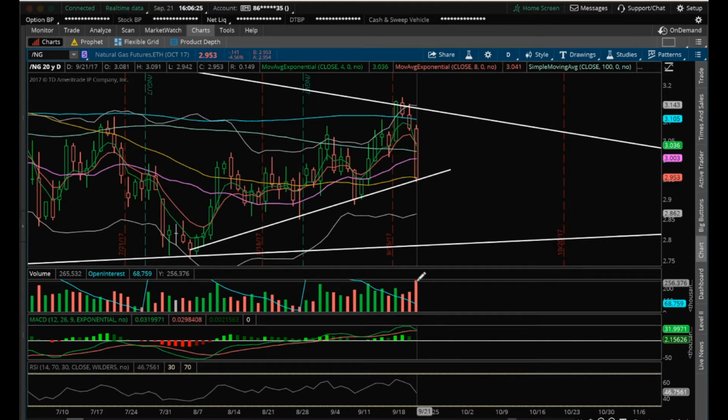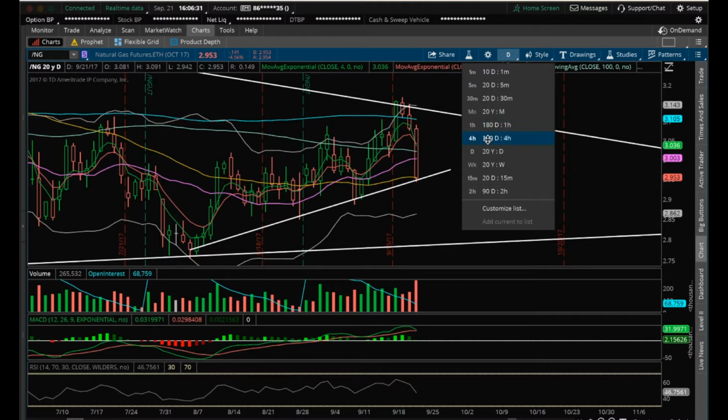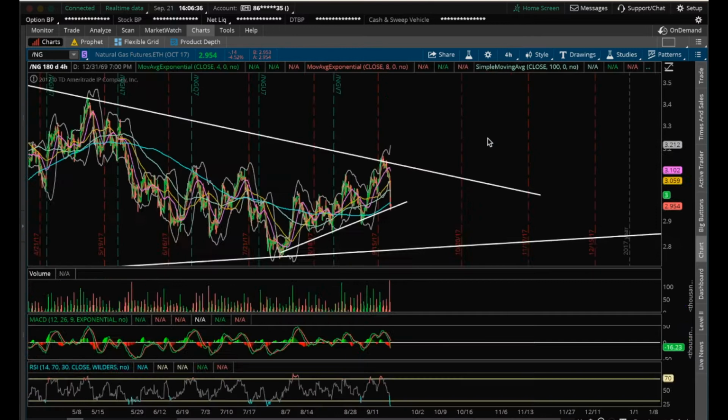And what we mean by that is whenever there's a volume spike, it can sometimes signal a trend change, that the bottom or the top is in. And what we're looking at here, and the reason why we're taking a position off this daily uptrend line, is because of the 4-hour chart. If you look at the 4-hour chart,